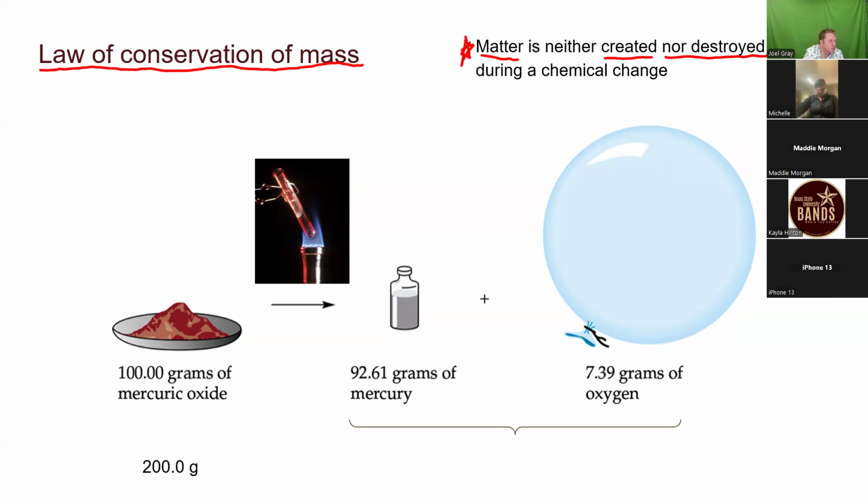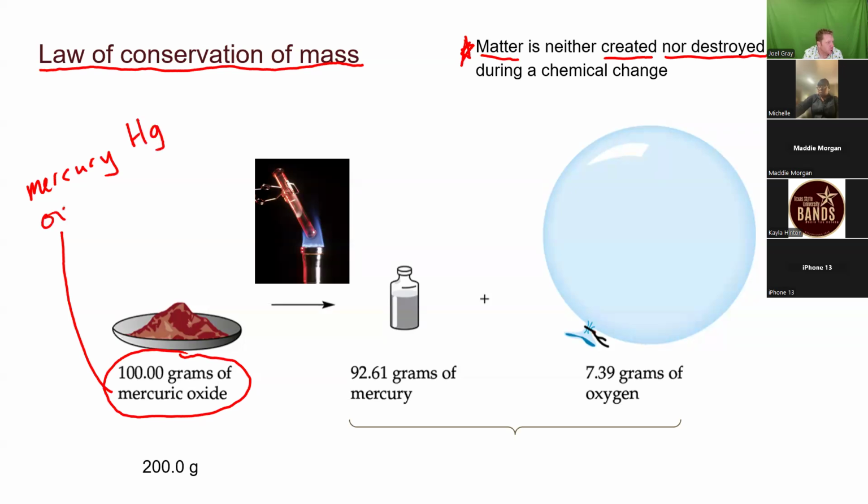To illustrate that, here's another example. Here we have 100 grams of a compound known as mercuric oxide. This is a compound made up of mercury, which on the periodic table is Hg, and oxygen, which I believe is Hg2O. When you take mercuric oxide and expose it to heat, which is what's being done here with a Bunsen burner,